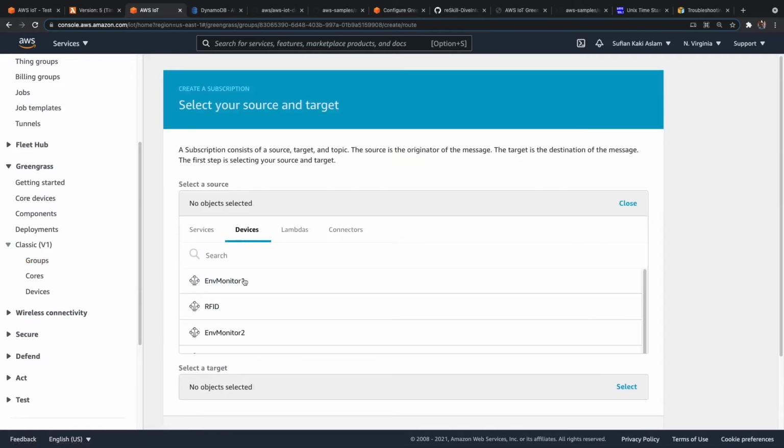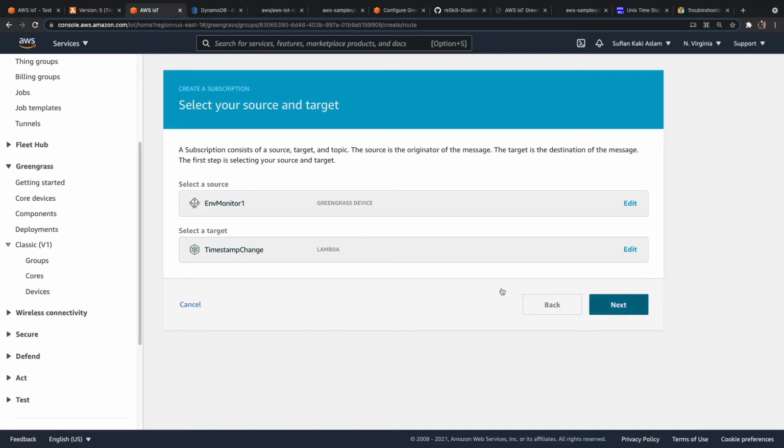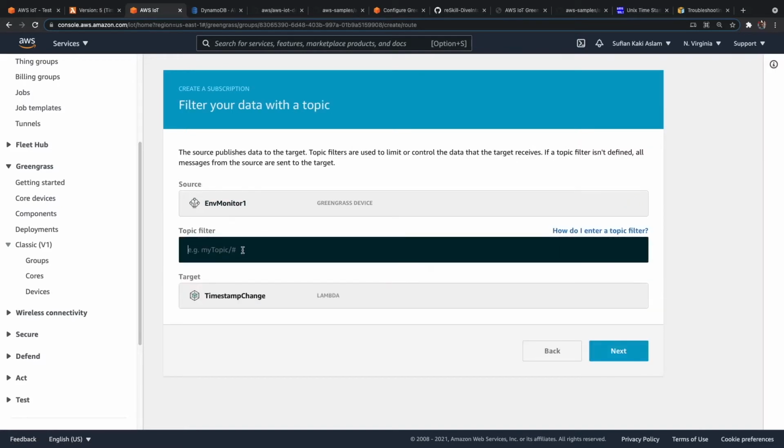So from our environment monitor 1, we want data to go to this Lambda function, and it has to happen in whatever topic it is publishing in. Either I can put hash or I can be mindful, and then I can say reskill env monitor 1 slash pub.